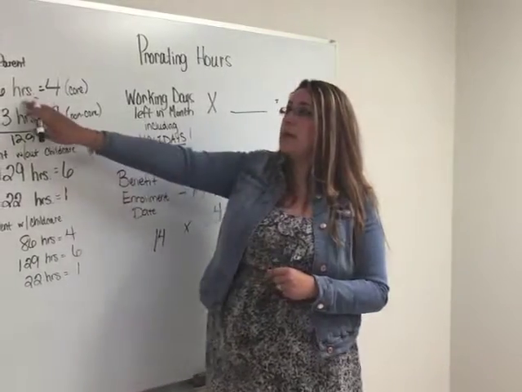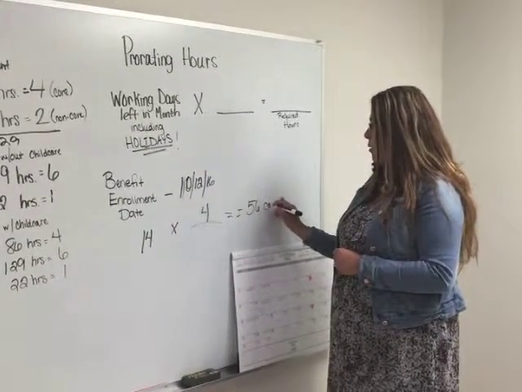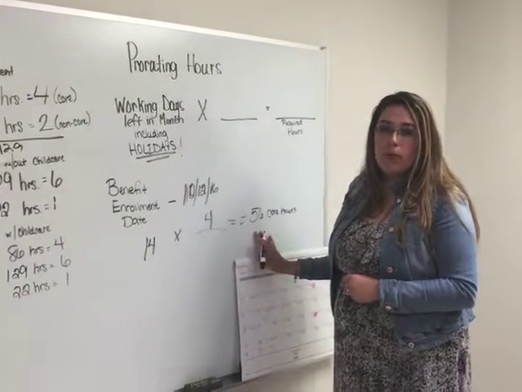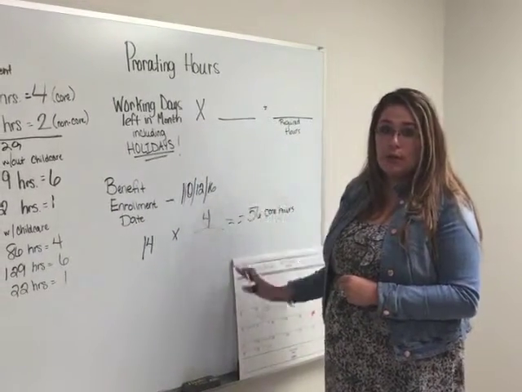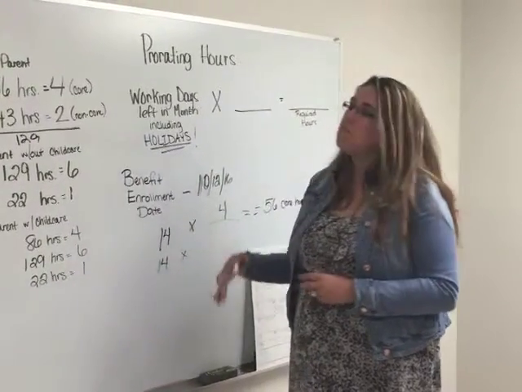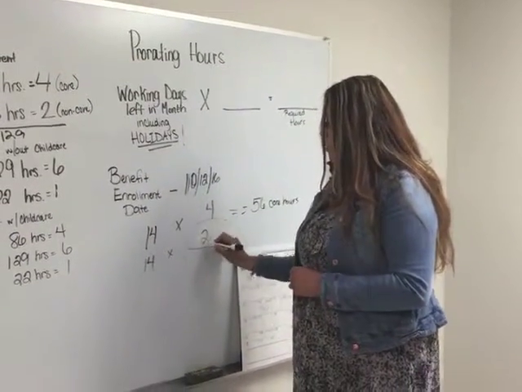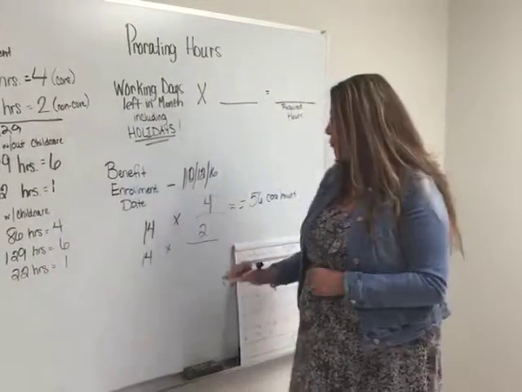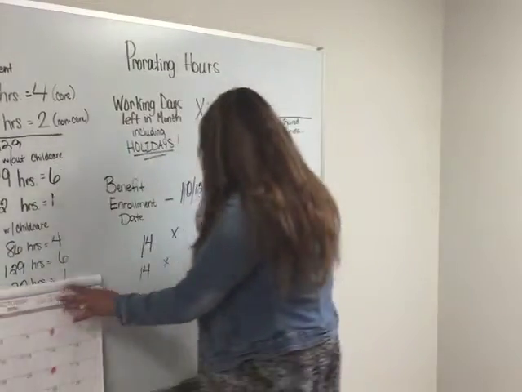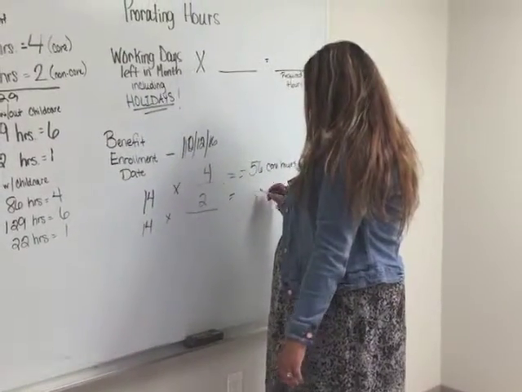14 times 4, once again, that's going to give us 56 core hours. This is the minimum amount of core hours that this participant would have to do in this prorated month. Now let's go ahead and look at their non-core requirement, okay? We're going to multiply that by 2. That is going to give us